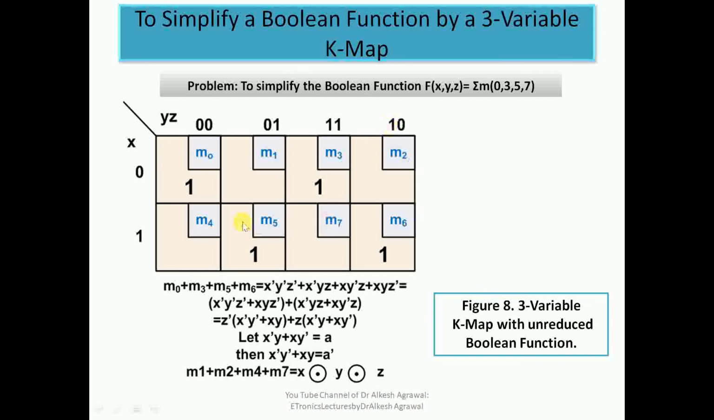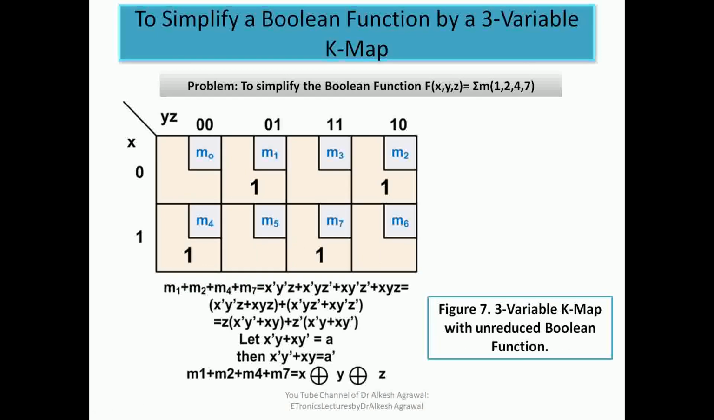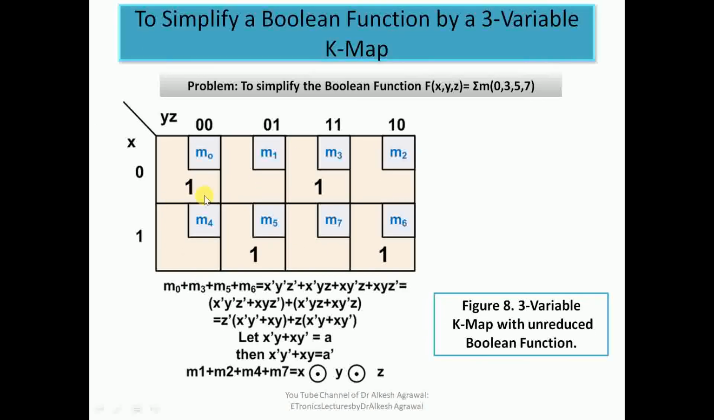Similarly, you have another K map where ones are placed in other positions different from these positions. So we have ones placed in the cells corresponding to minterms m0, m3, m5, and m6. Again, none of these minterms can combine with each other, so we have written independent terms. Now we grouped m0 with m6 and m3 with m5. Again, from these two terms we took z bar as common. From these two minterms we took z as common,